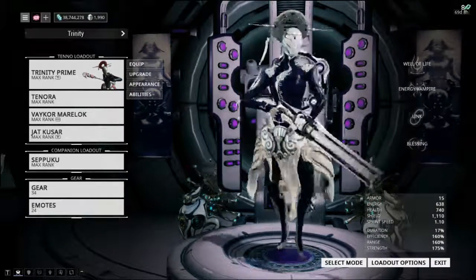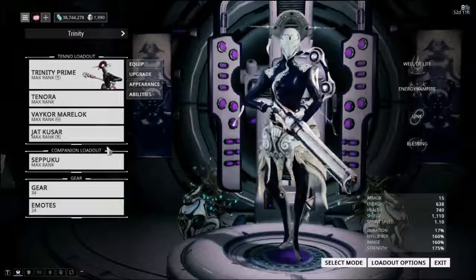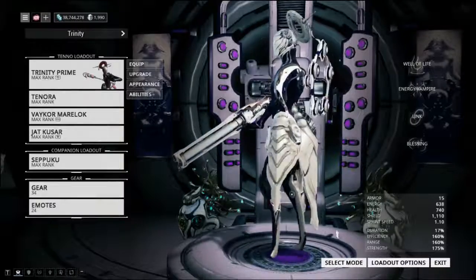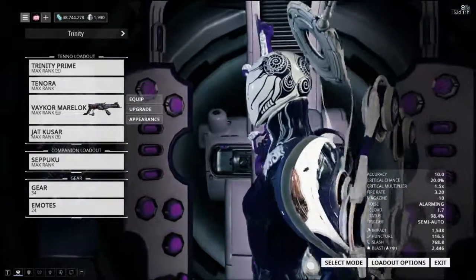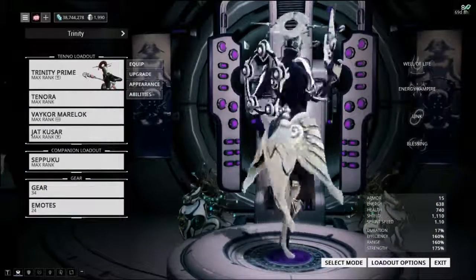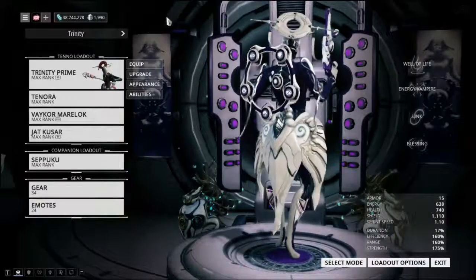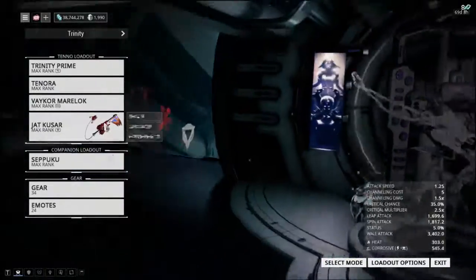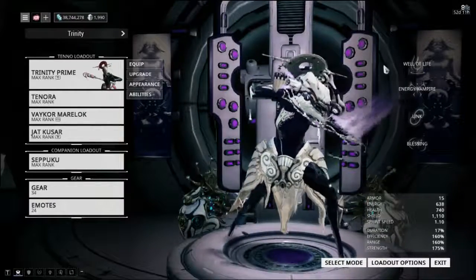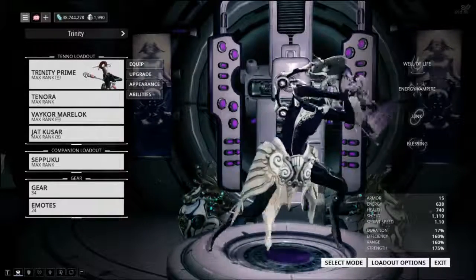I'll do a quick little 360 for you guys to see it in full rotation. And we'll do it with the actual weapons so that you guys can see just the different stances. That's not the most justifiable one, but you can kind of see how she is when ready to strike,